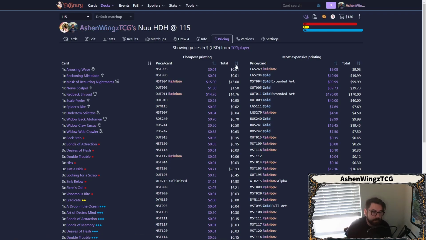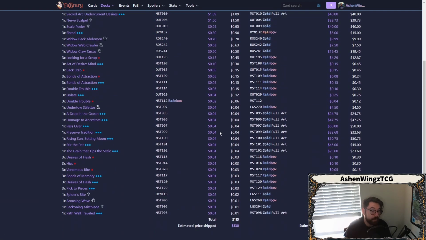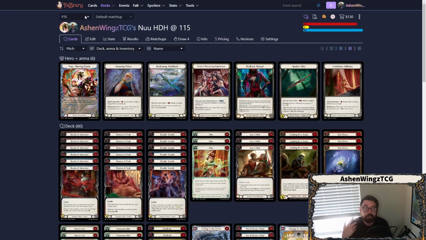So the most expensive parts of this deck are the Persuasive Prognosis at $11 a piece, and then 2 legendary pieces of equipment being a whopping 15 bucks, and then Justinic being at like almost $9 a piece. Outside of that, the rest of this deck is bulk, like super bulk. So with that being said, let's go ahead and take a quick look into what I would do to upgrade